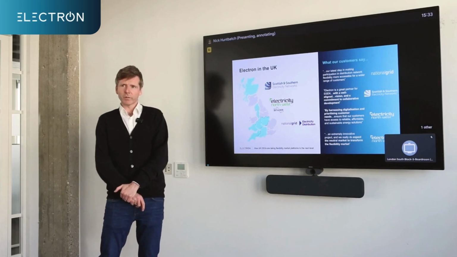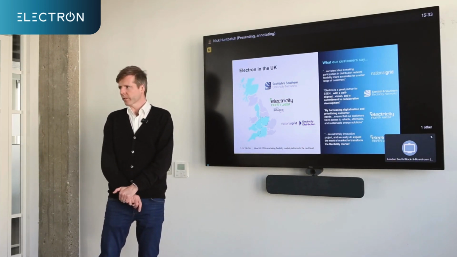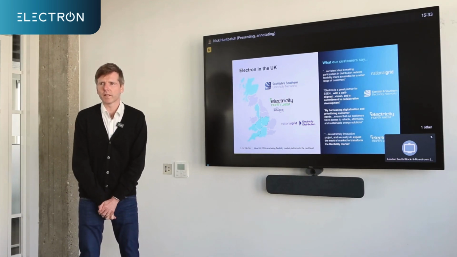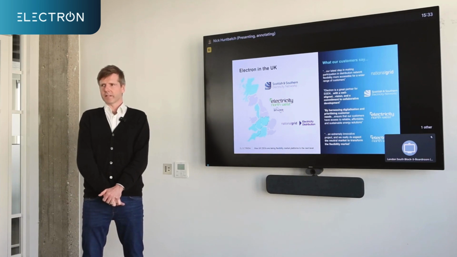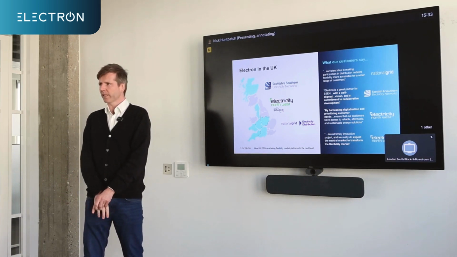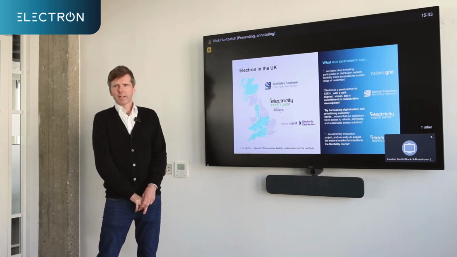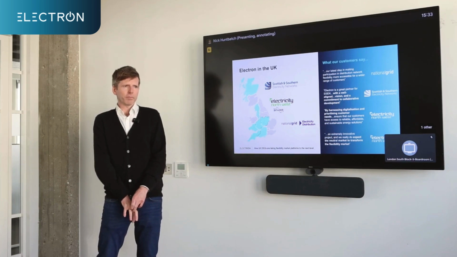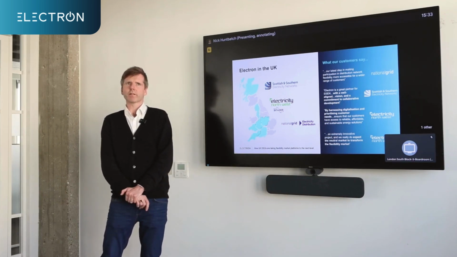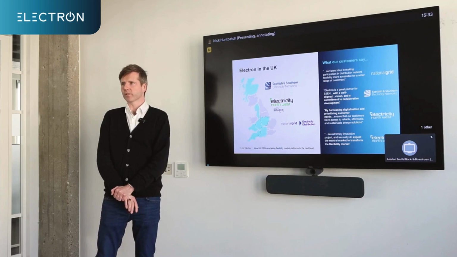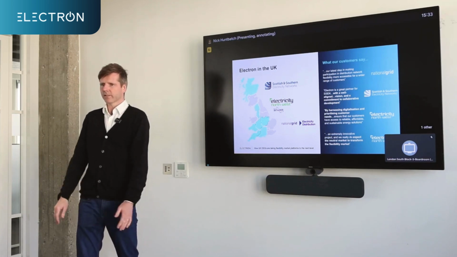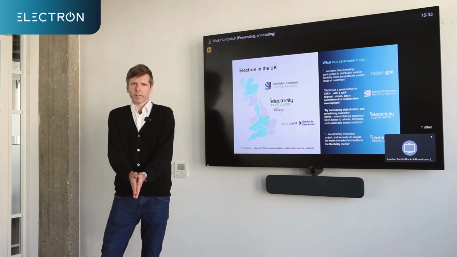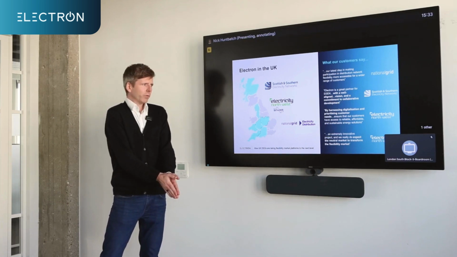There's also, as a theme that weaves through, we never forget our roots in the innovation space. Electron have come from a space where we were being quite innovative around the use cases for flexibility, near real-time trading, many-to-many markets. And that's not something we'll ever move away from. The reason for that is because there's a lot to be learned from testing those new possibilities with flexibility. There's a lot of information, knowledge, insight that we get from working through those projects. So we'll talk about that towards the end of the